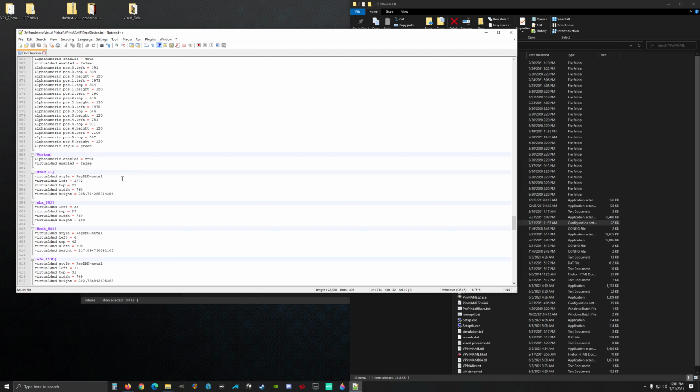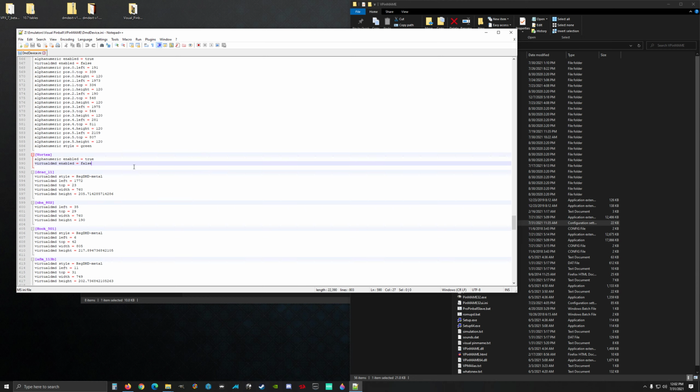But there's also the alphanumeric DMDs. Those are the really old ones, the ones that look like calculator text. So to get that to work, for each table, as you set up the Freezy DMD, you need to come into this code and add these two lines to make it not show the virtual DMD, the rectangle. You want to see the alphanumeric. And what this will do is force it to only show the alphanumeric. So alphanumeric enabled equals true, virtual DMD enabled equals false. That's what you want to have in your alphanumeric